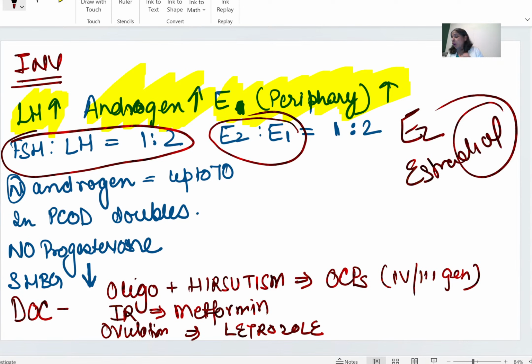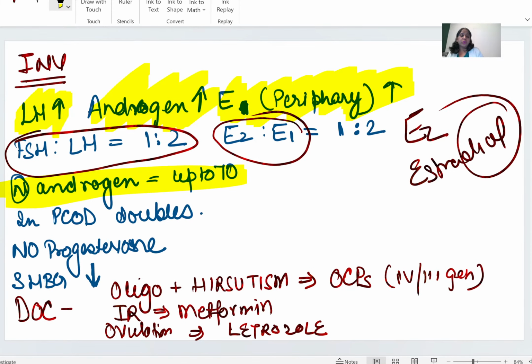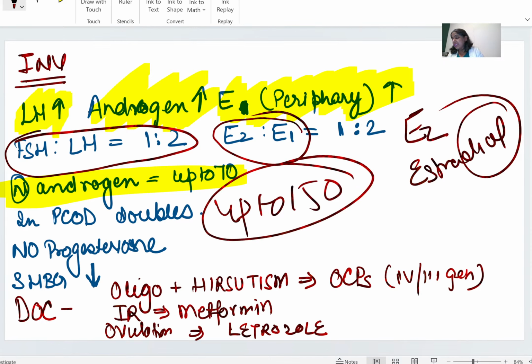Okay, what is the normal value of the androgen? Up to 70. The normal value of the androgen is up to 70. In PCOD it doubles up, it goes up to 150. And what is the level of progesterone? There is no progesterone in PCOD. Because all the androgens have increased, sex hormone binding globulin decreases. Because the androgens have increased in the blood, these androgens bind to sex hormone binding globulin, and the